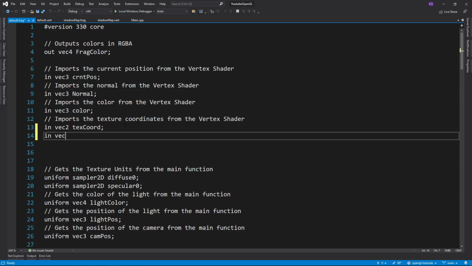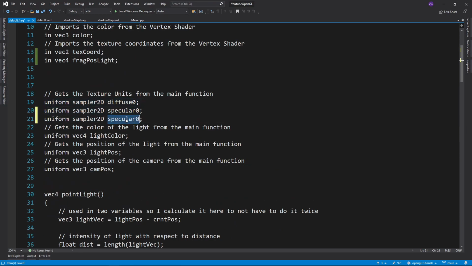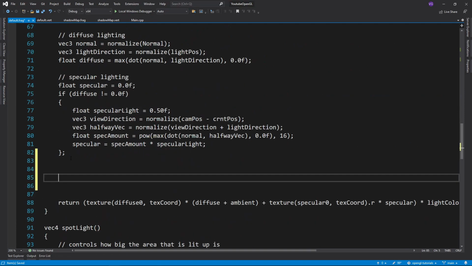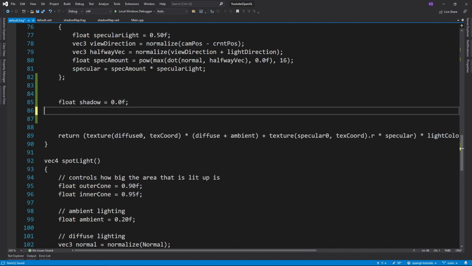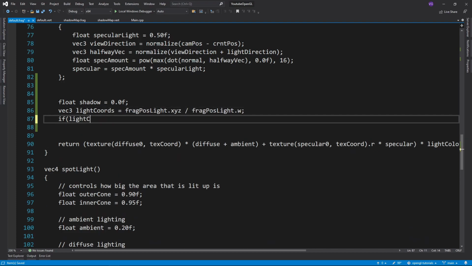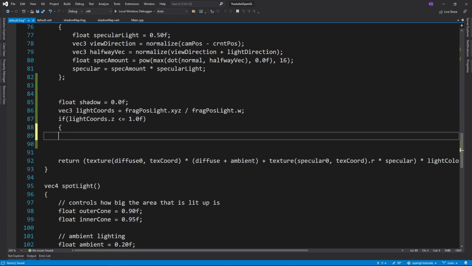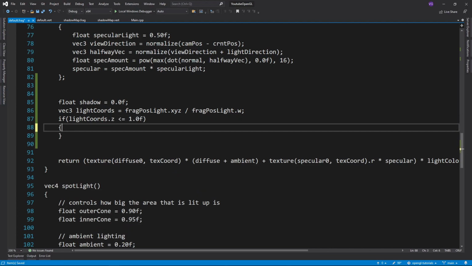Now for the fragment shader, we want to take in this matrix as well as the shadow map. Now we want to create a float where we can store the value of our shadow. 0 will mean that there is no shadow and 1 will mean that the shadow is at its greatest. Now we want to do a perspective division on the frag position light so we get it into clip space. We'll only calculate the shadow if the Z value is smaller than 1, aka if we're inside the frustum of